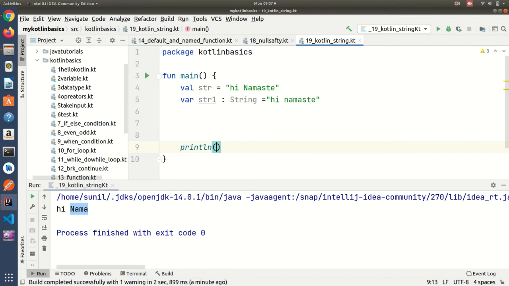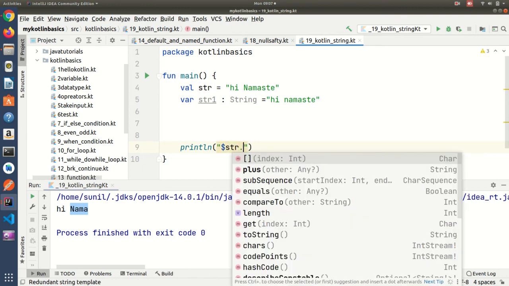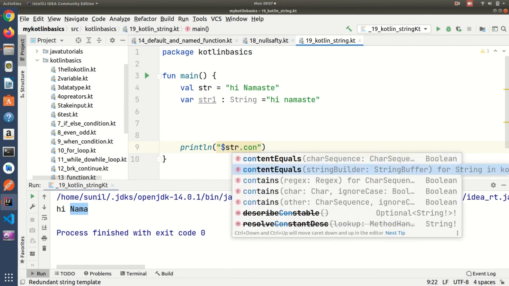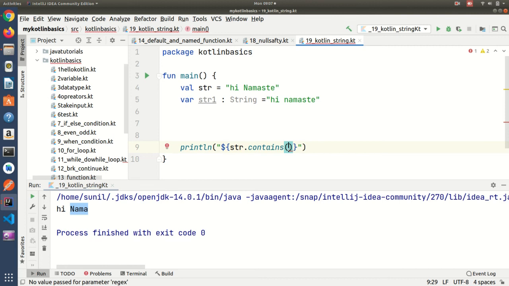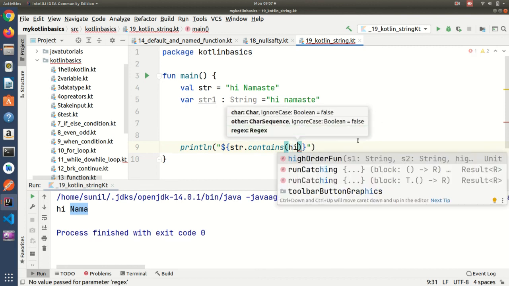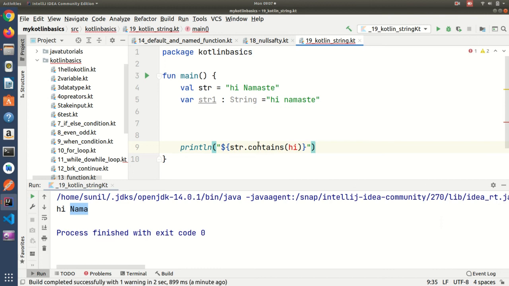I'll print it here, dollar symbol str1 dot contains hi.